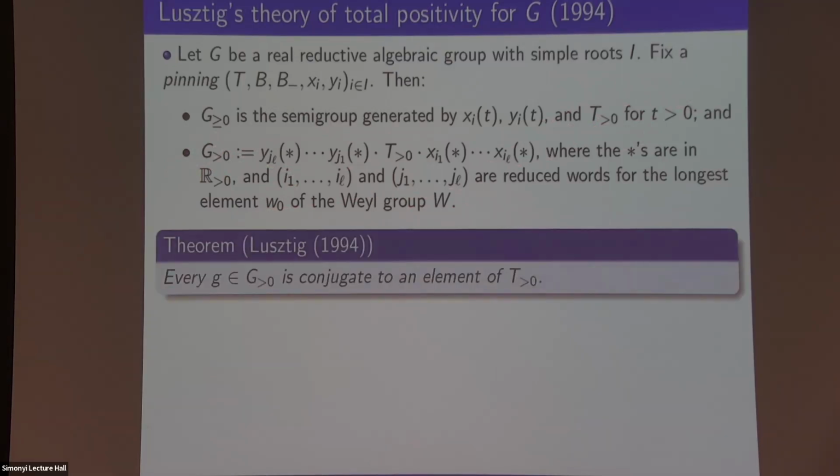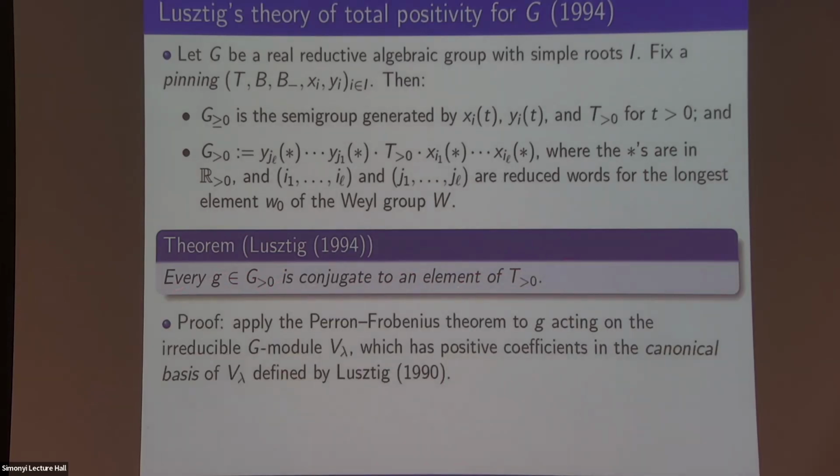Then Lusztig wanted to generalize the Gantmacher-Krein theorem that every totally positive matrix has positive eigenvalues. The analog of that statement is that every totally positive element of big G is conjugate to an element of the positive torus. And his proof